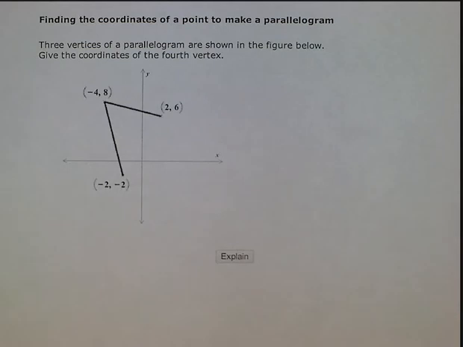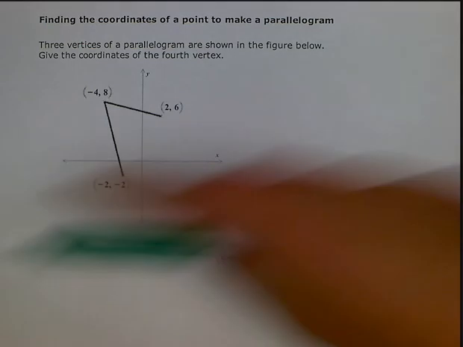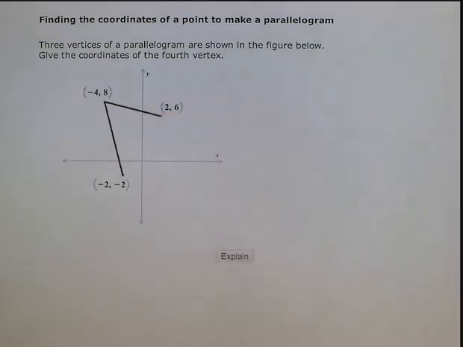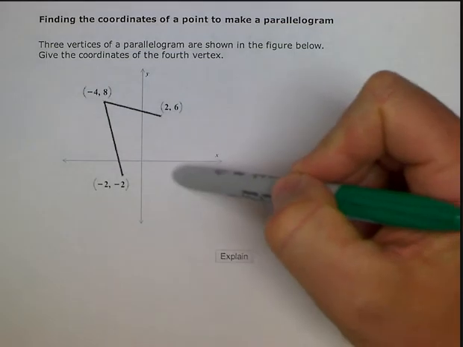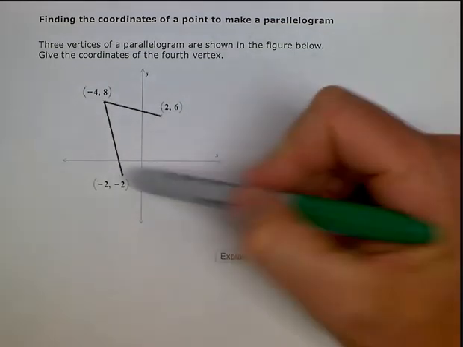Here we're asked to find the coordinates of a point to make a parallelogram. So we have two of the sides, and we're looking to create a parallelogram by finding the fourth vertex. We have 1, 2, 3 vertices. We're going to need to find a fourth vertex somewhere out here to where if we connected, we would have